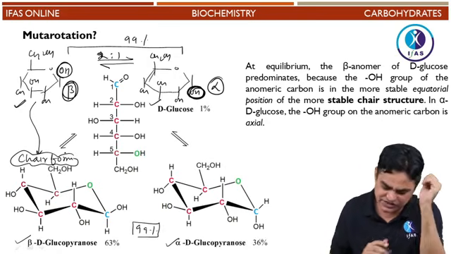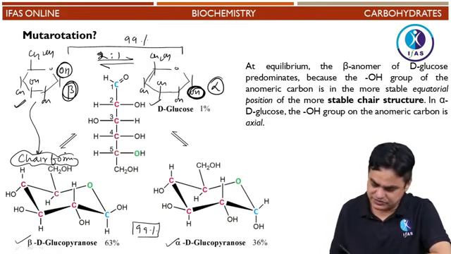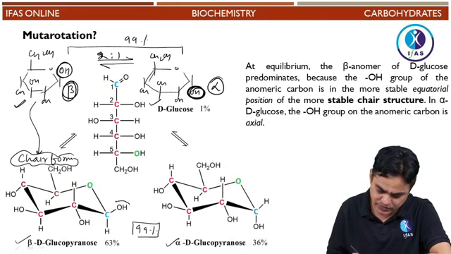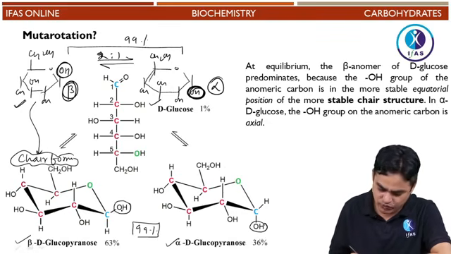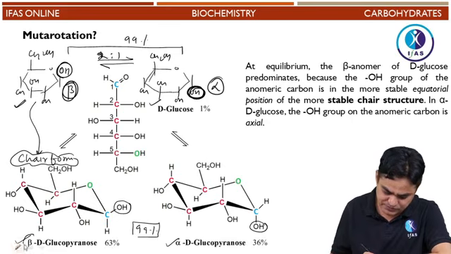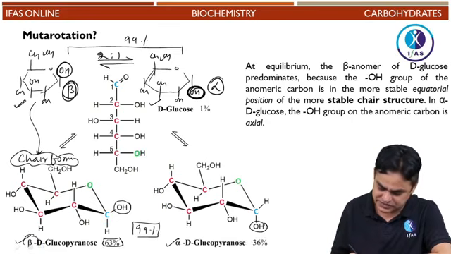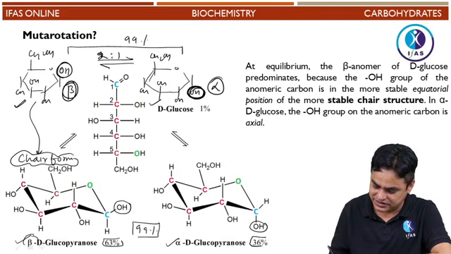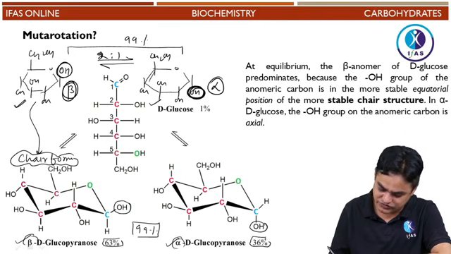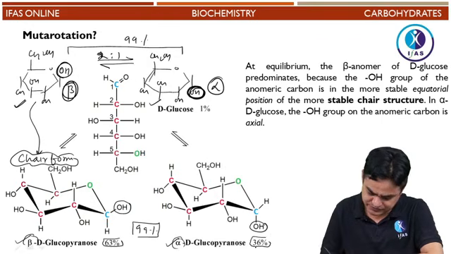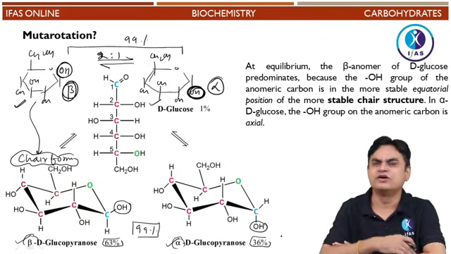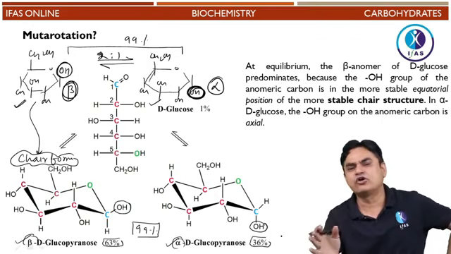Now in chair form, two different orientations are possible, where the OH group at the anomeric carbon could be above the plane and the OH group could be down the plane. When the OH group is above the plane, that is referred to as the beta anomeric form, which is 63%, and when the OH group is down the plane, it is referred to as the alpha form, which is approximately 36%. Almost, in other words, they are in a ratio of